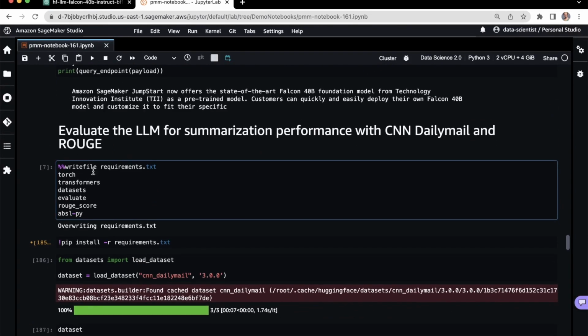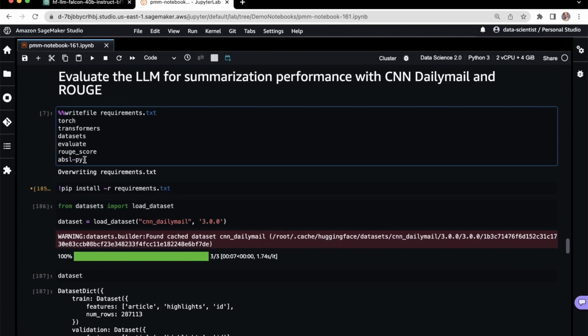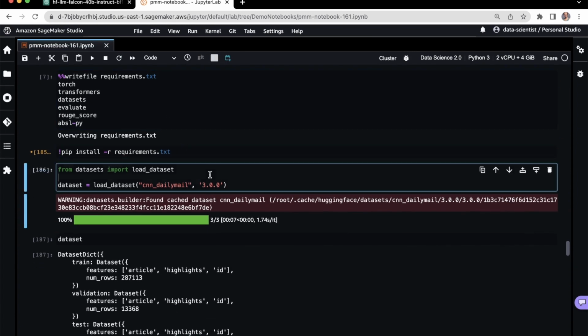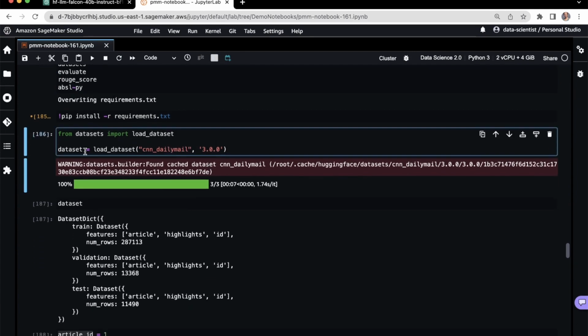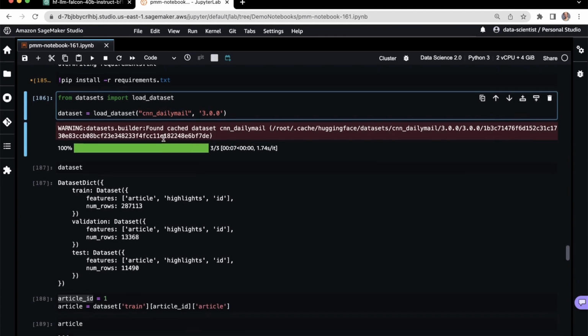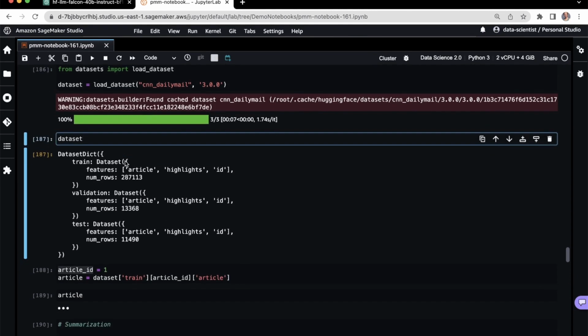So first we're going to install some more packages, so transformers, datasets, evaluate, and so on. And then this absl-py, which is useful for the ROUGE metric. And then we'll load the datasets from Hugging Face, and the datasets are rendered as follows.